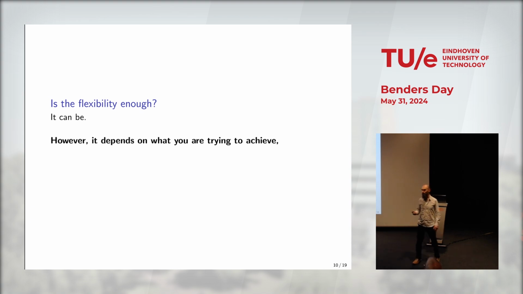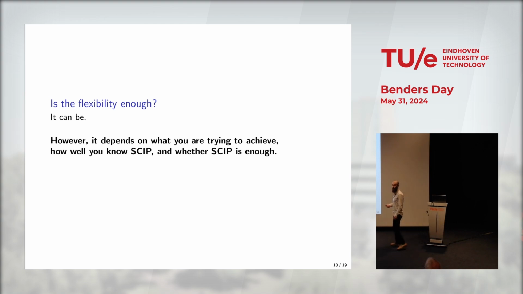So there are some things that you couldn't do. I do know for sure that the adaptive cuts you couldn't do without a lot of work. Then also how well you know SCIP, and whether SCIP is enough. You may be coming from a background where you use Gurobi all the time. Then SCIP's probably not going to be enough, even with Benders decomposition, it may not be enough to beat Gurobi. For particular problems, that might be true, but that's a question of whether it's going to be enough for you or not.